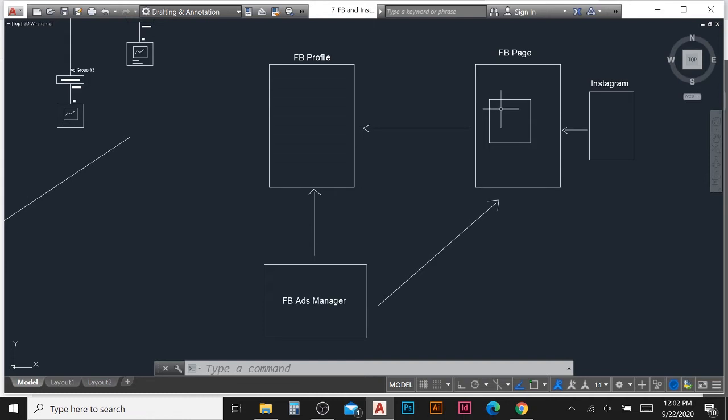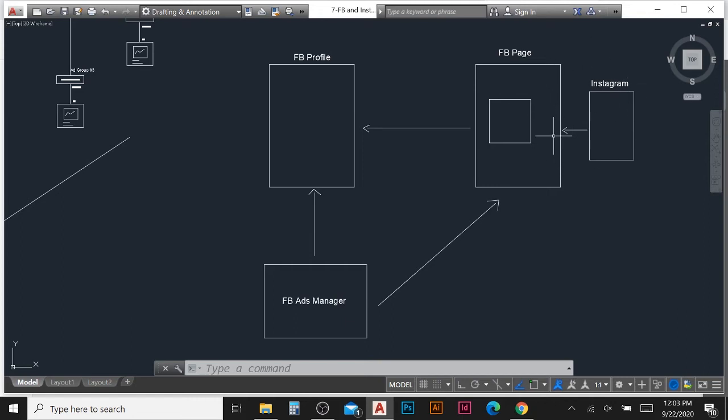It means the Instagram business profile we can connect with the Facebook business page, and the Instagram personal profile we can connect with the Facebook personal profile. It's like that. So this is the business page for Facebook, and the Instagram business profile is also here.